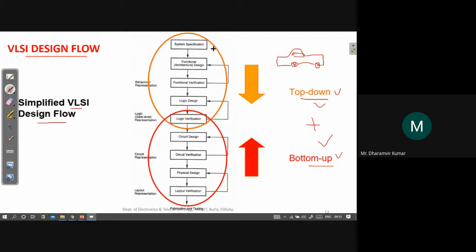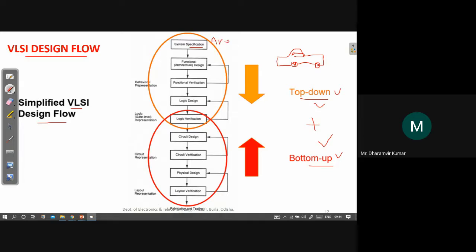All of these systems will have certain specifications, and accordingly the system needs to be designed.